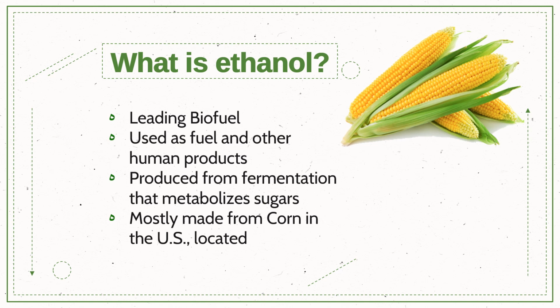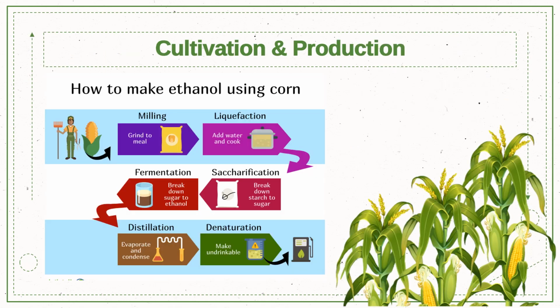Ethanol itself is a process of fermentation that metabolizes sugars and starches from plants, the main crop in the United States being corn. Corn is mostly grown in the Heartland region, consisting of Ohio, Iowa, Illinois, Kansas, and Indiana. Ethanol is made up of sugars and starches. The type of feedstock or material, such as sugar, starch, or cellulose, used gives us the type of ethanol production. For example, corn begins with the kernels, or the starches in sorghum, barley, or even sugarcane. For the cultivation process, I will describe it with corn.